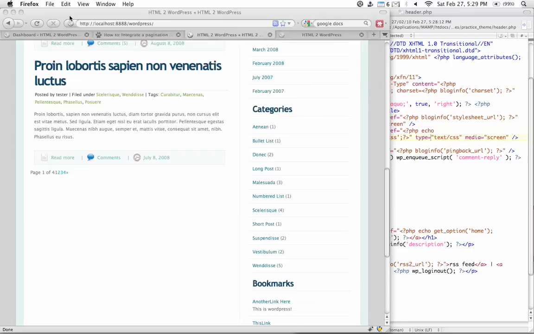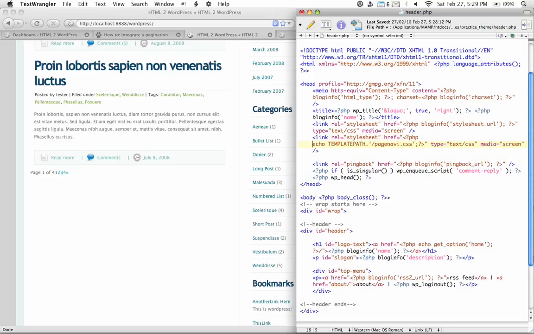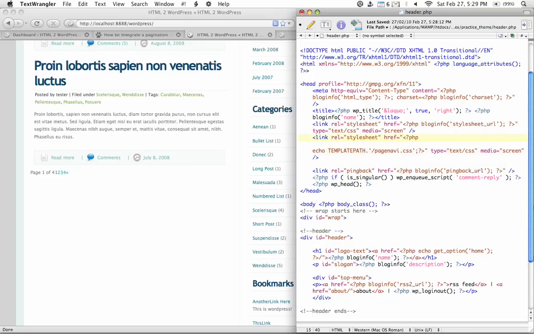the href. So going back, remember instead of using echo, remember we've dealt with the blog info function. We've used it before in order to include the directory path, which is blog info, and then we type in directory